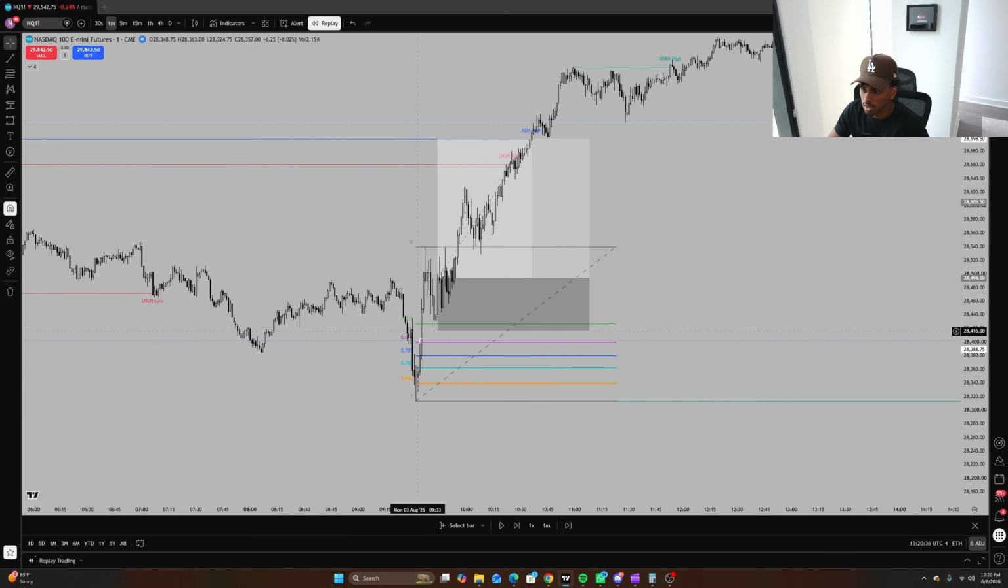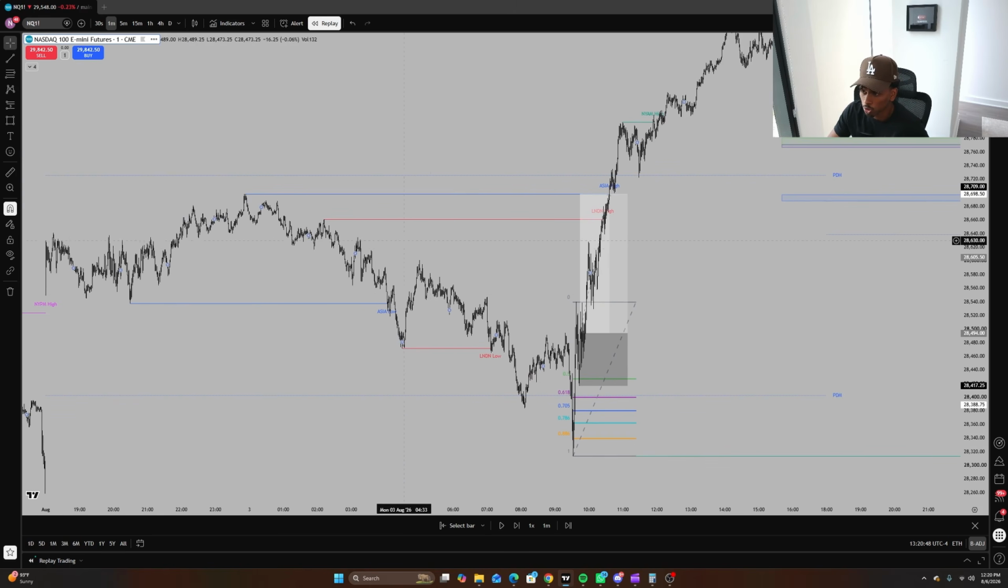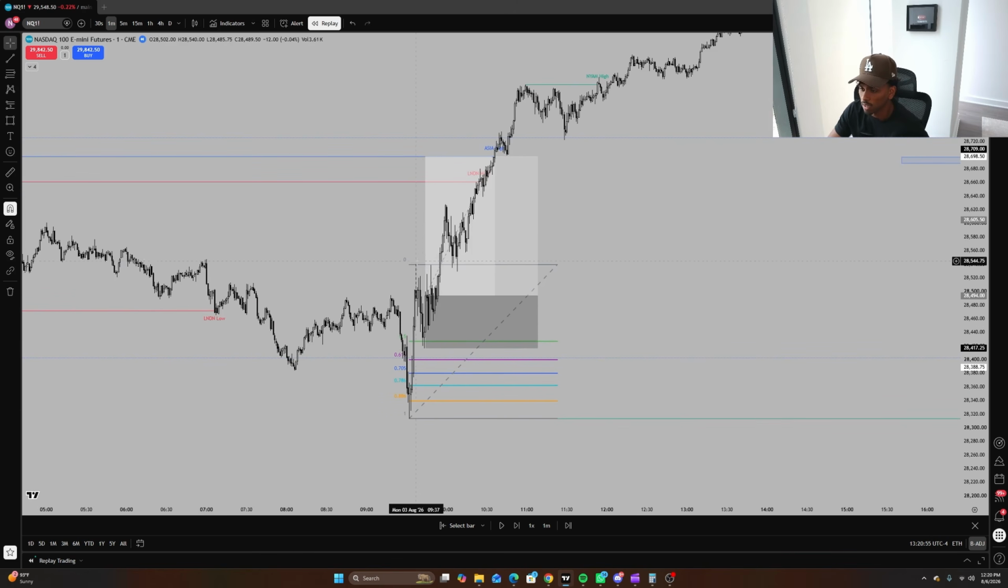As soon as we see this instant reaction back up, and then we get a nice displacing closure past 930 open, we are now looking for structure to potentially take a nice continuation entry, right? What is our major drawn liquidity? We have London high and we have Asia high that are relatively close to each other. Cool. What do we see? In this case, we get a